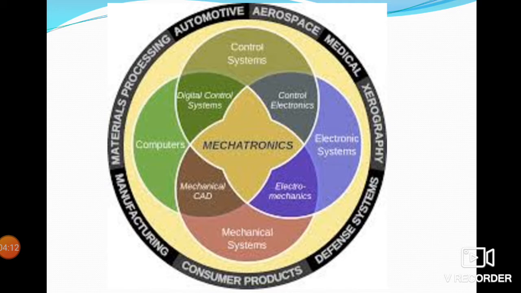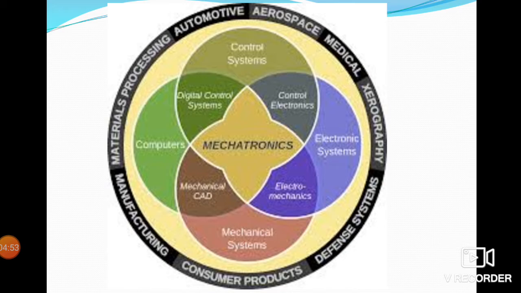If you see the advancement that is happening in almost all industries, you are going to have automated production lines and automation processes, and whatever product is being produced, it is produced in an automatic way. That means automation is the main criterion being introduced in each and every industry and process industry. So we must understand that when we speak about mechatronics, mechanical plus electronics is called mechatronics.